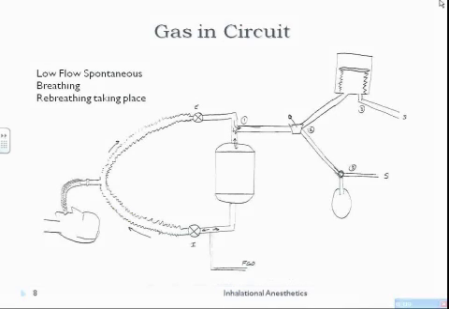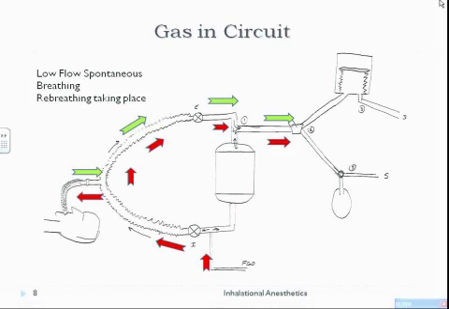Now, if you look at the gas circuit, this will become clearer as time goes by, but this is a typical anesthesia gas circuit. Down here is where the anesthesia machine is. This is the machine giving you the gas flow rates, and this is where you give your volatile anesthetic. Then the gas goes down to the patient, and when the person exhales in a low flow state, where your gas flows are not over minute ventilation, the gas comes back past the expiratory valve and goes partially to the bag,